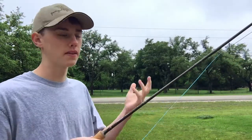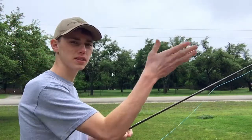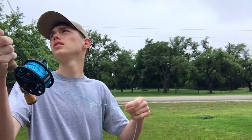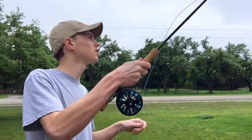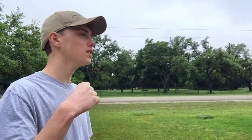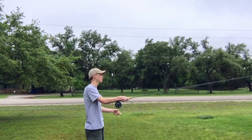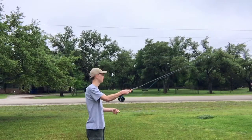The lower the amount of line you have out, the less you have to stop. When you have maybe 10 feet of line out, it's just a stop for barely a second, just like this. The more line you get out, the more you have to pause to let it all unloop. That's why you want to look behind you and watch it uncoil, because then you'll start to get a feel for the timing, and you can figure out how long you have to pause to let that line unroll. All you're going to do is come up, stop, forward, stop, up, stop, forward, stop,